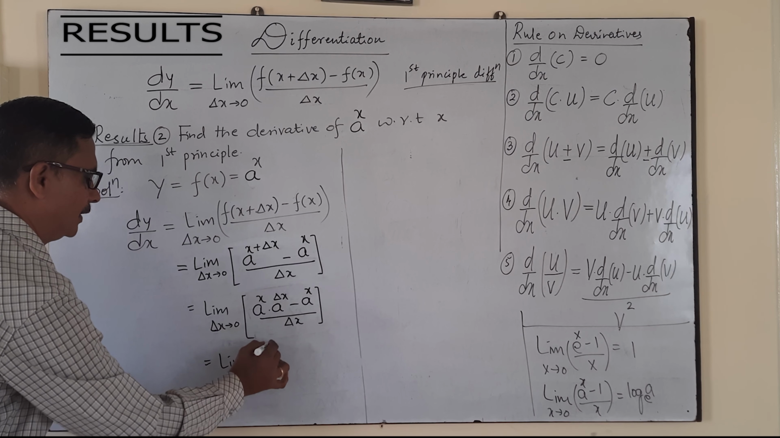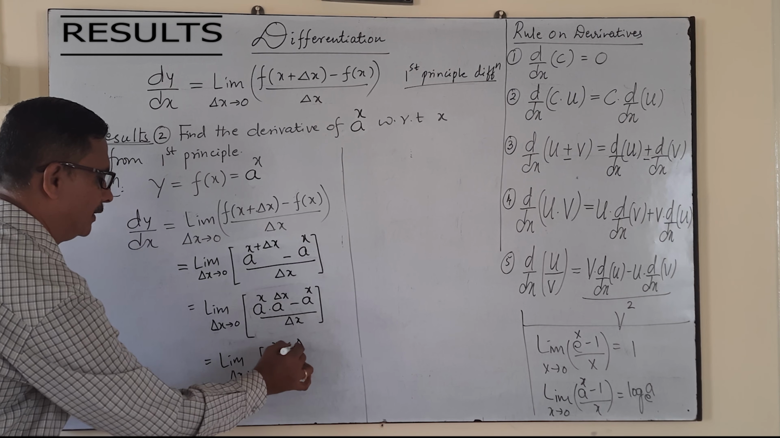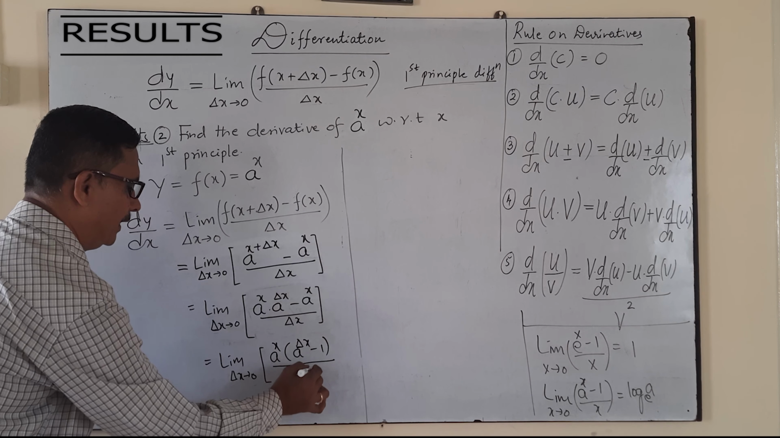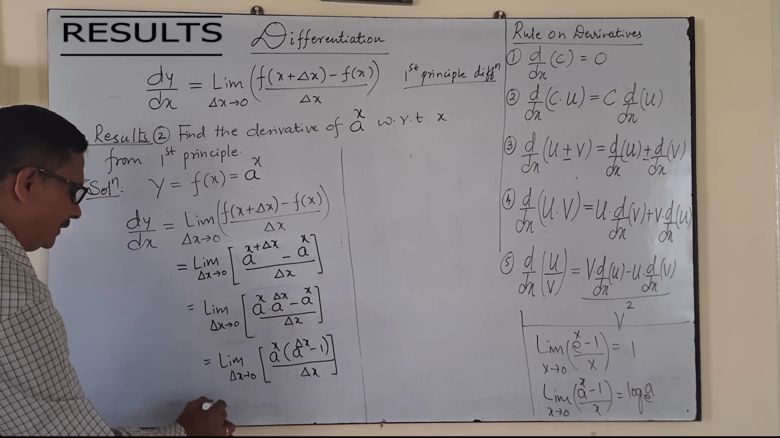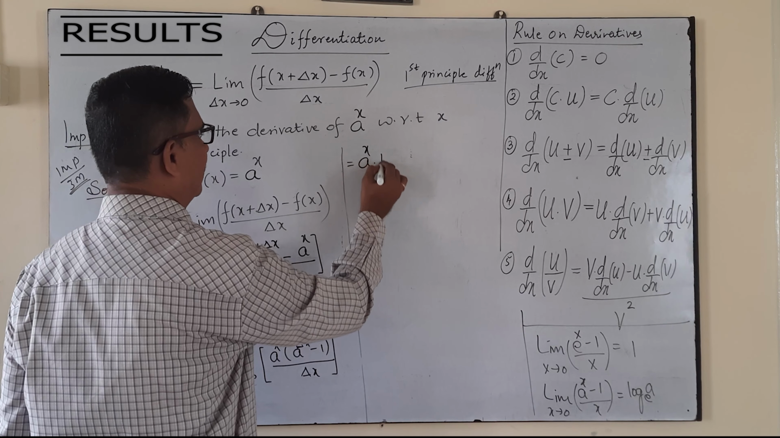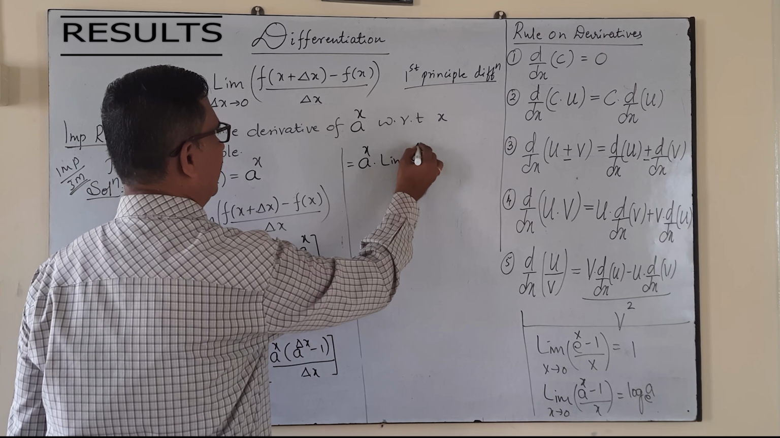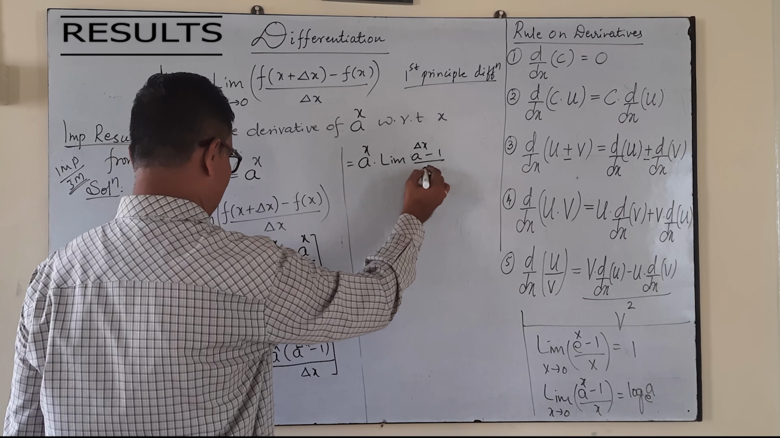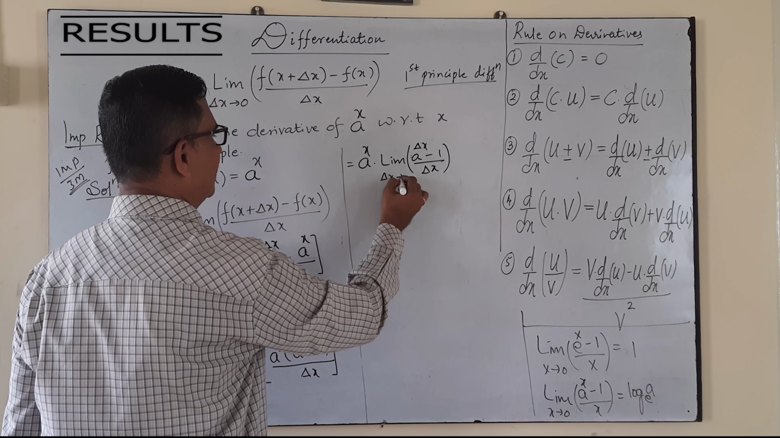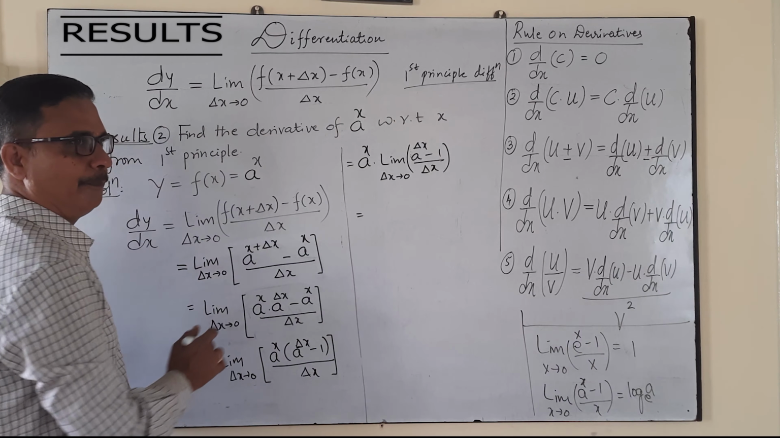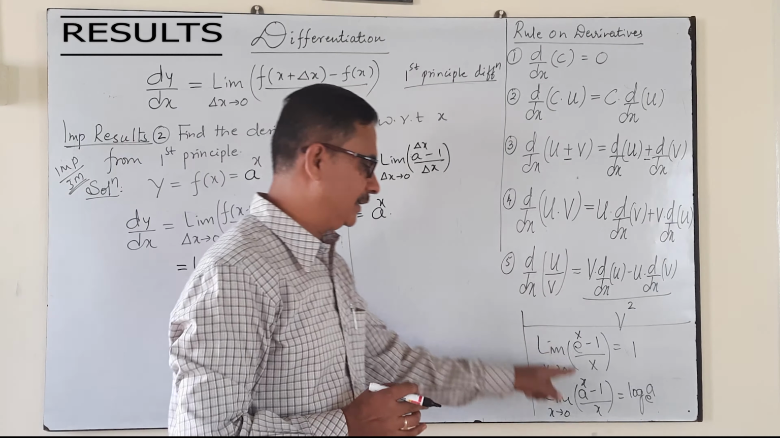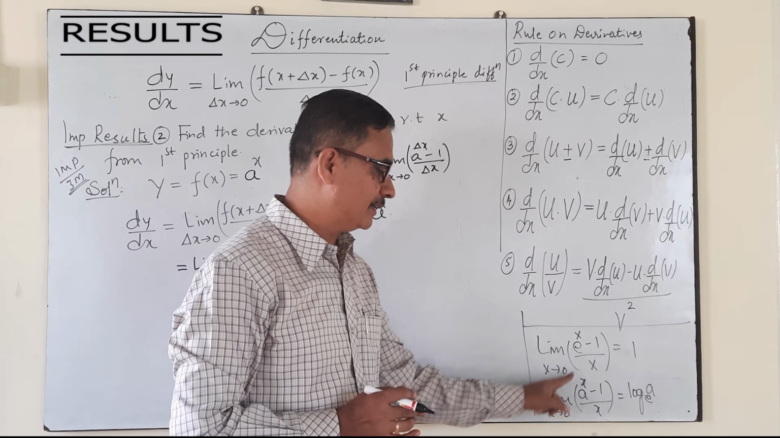Here in the numerator take a power x common. Remaining value a power delta x minus 1 divided by delta x. Now take a power x outside. We write a power x into limit of a power delta x minus 1 divided by delta x as delta x tends to 0. Okay, that is a power x into, comparing this with that important standard result for limit